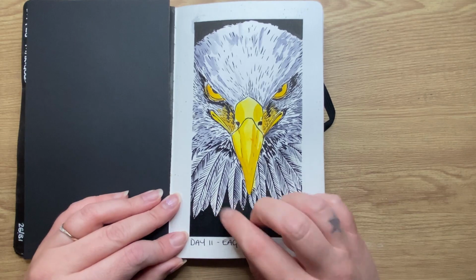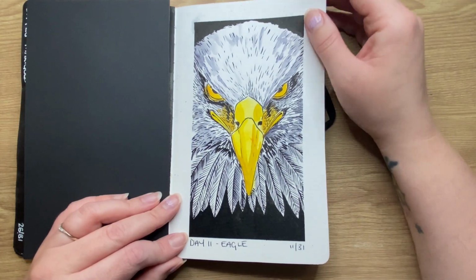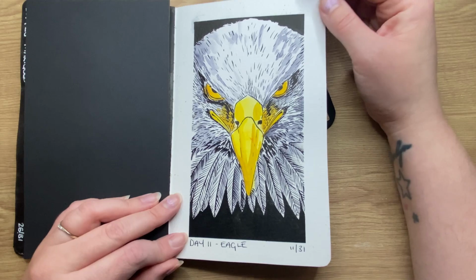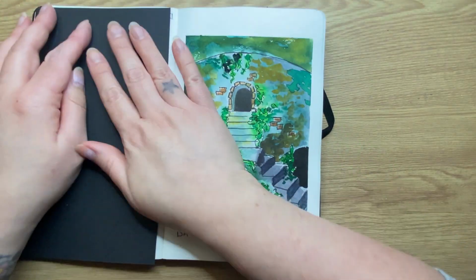So yeah, I kind of like that. I really liked doing the feathers. I didn't want to do them too detailed. They're really quick, just almost like hatching lines. I like the ones where you can imply detail rather than actually doing it properly. I really didn't think this through, did I? That's not going to work. Anyway,